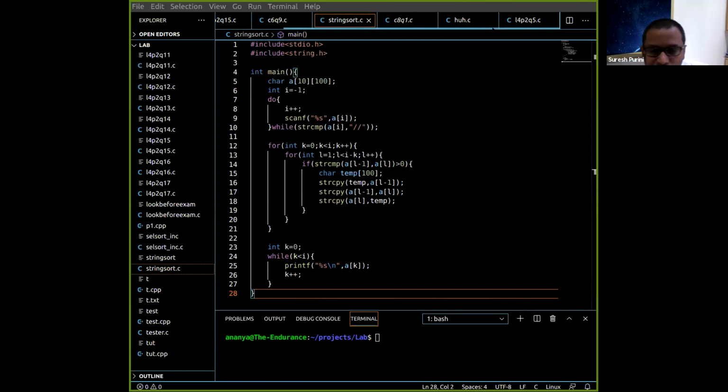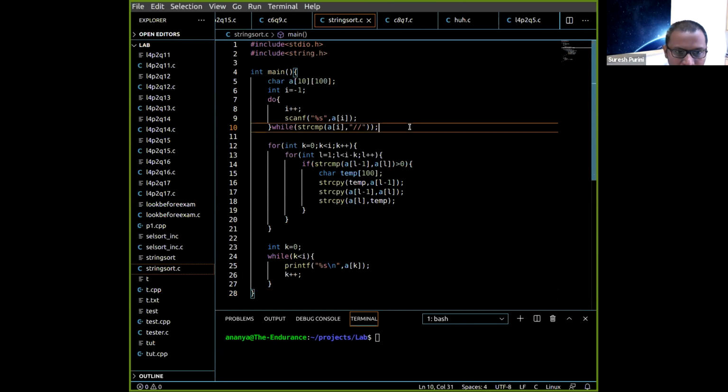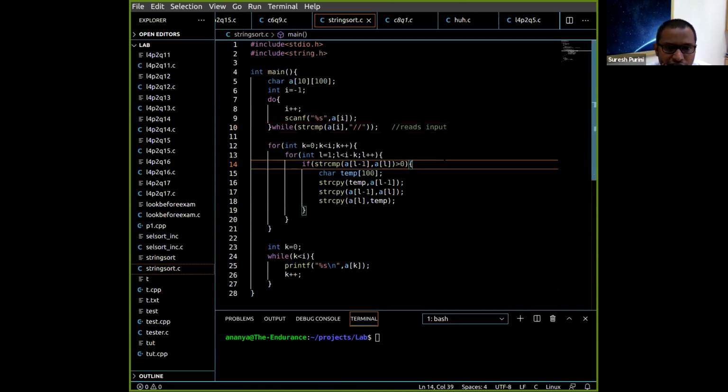Ananya, when you want to tell something, you can type in the editor so that we can see. So the first question is, you are trying to read the input from line number 7 to 10. And when you see double slash, then you will